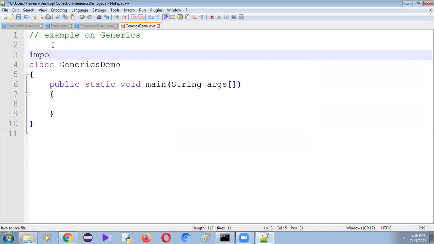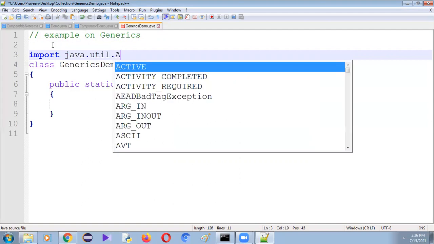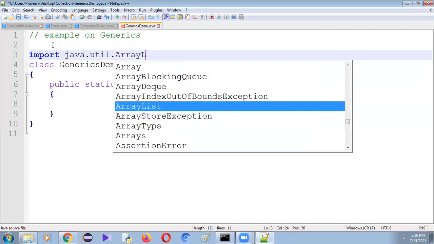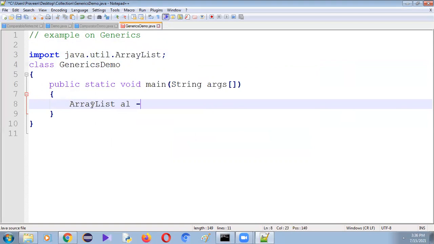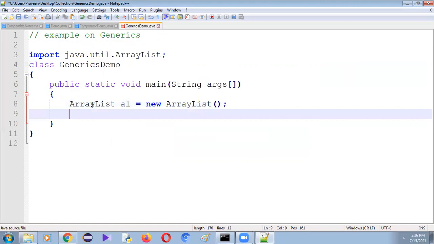Before that let me import java.util.ArrayList. Yes, imported. Let me create the object of ArrayList: ArrayList al is equal to new ArrayList. Let me insert 10 integer numbers from 1 to 10.